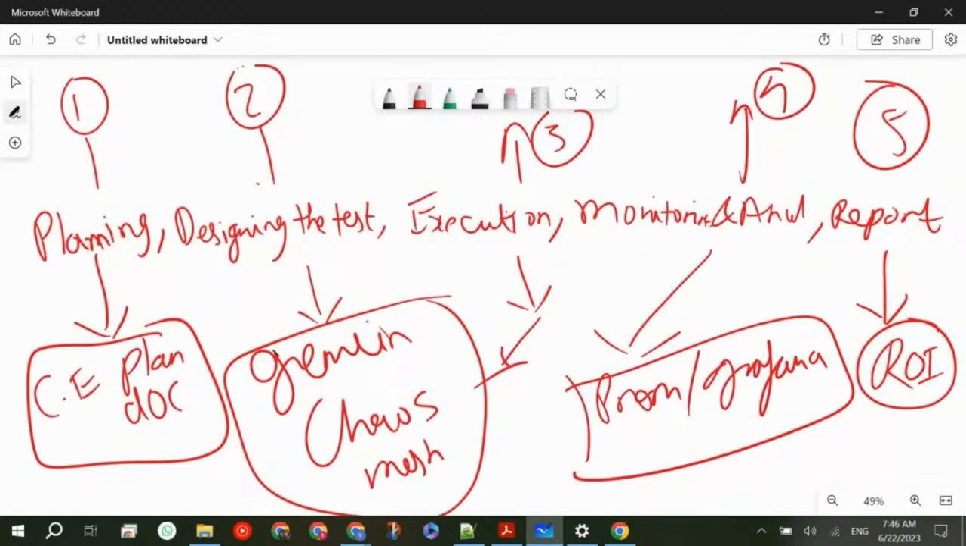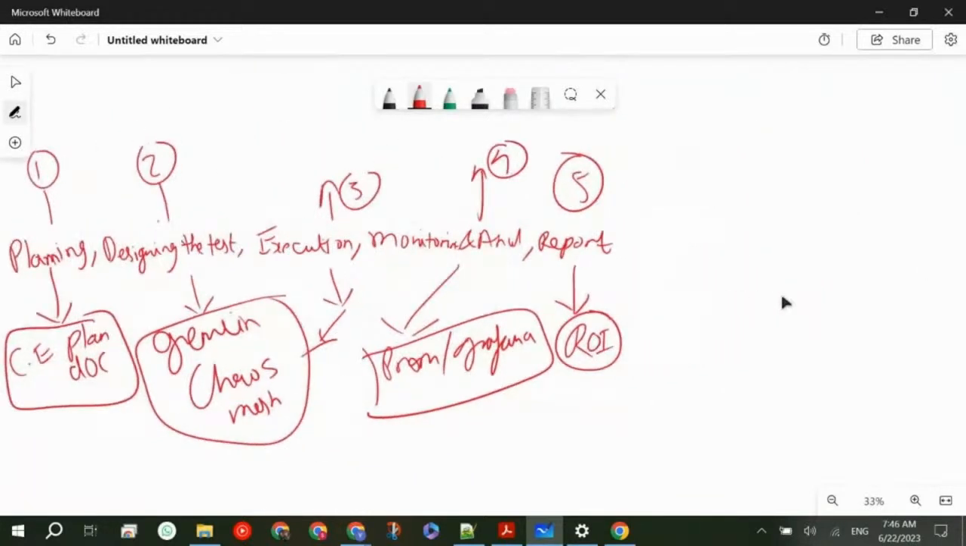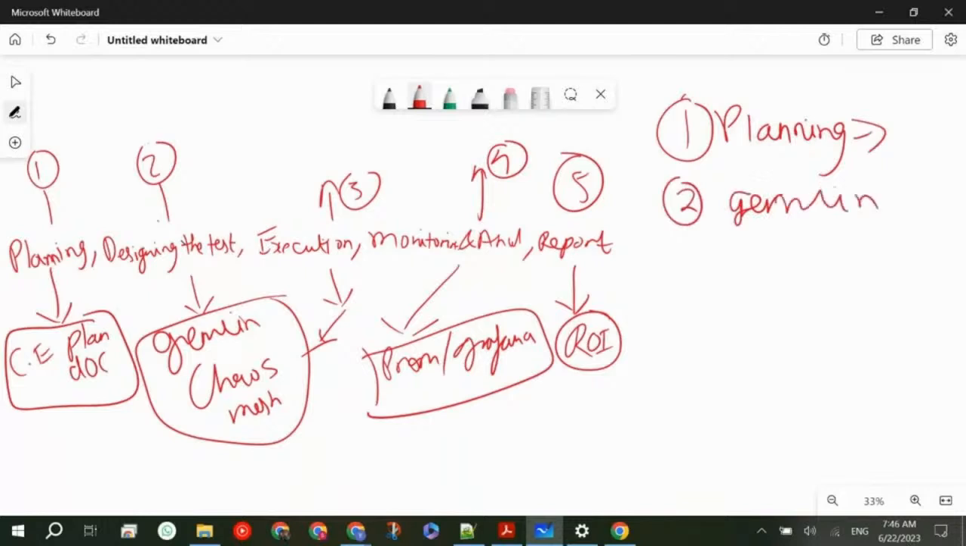Okay, and obviously the stages we will be covering are also how the flow of the course will be. So now if I want to list down what all things I will learn in this process: one is planning, obviously how to create the plan and all those. Then the tools: we will learn Gremlin, we will learn Chaos Mesh,